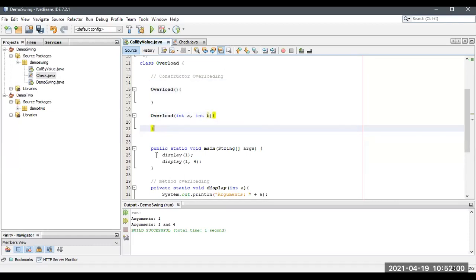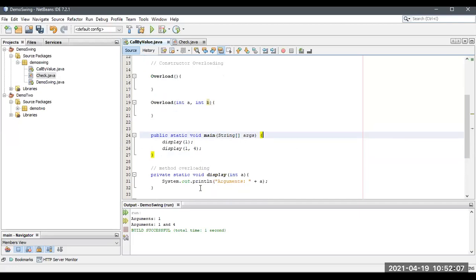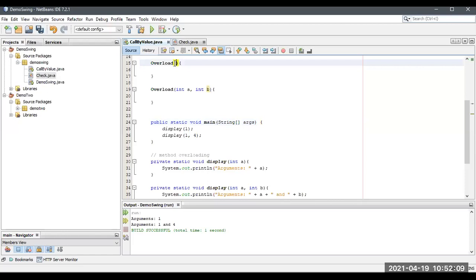The same concept works here. If I want to access these values, let me take a single one so that it is easy for you. Let me copy this, paste, and copy this one also and paste it over here.